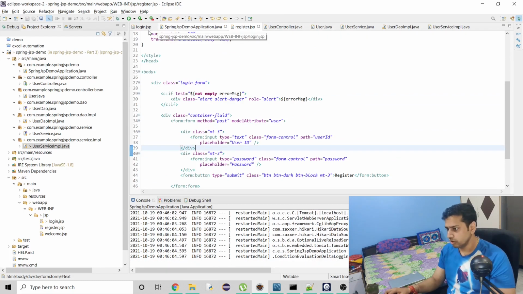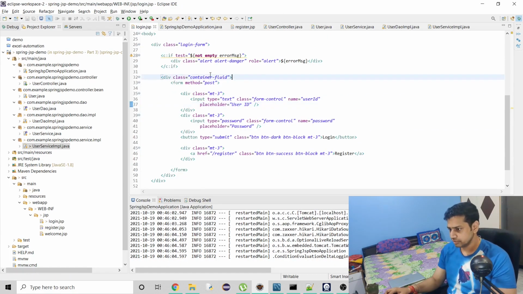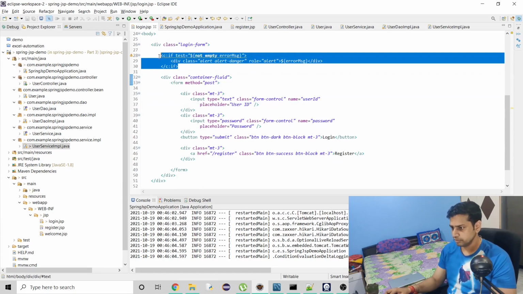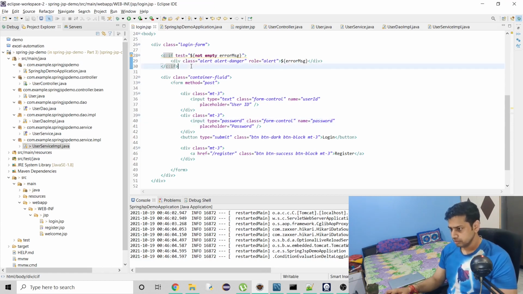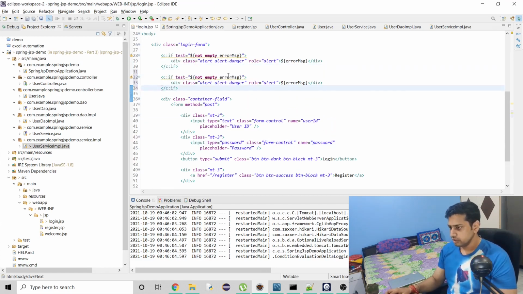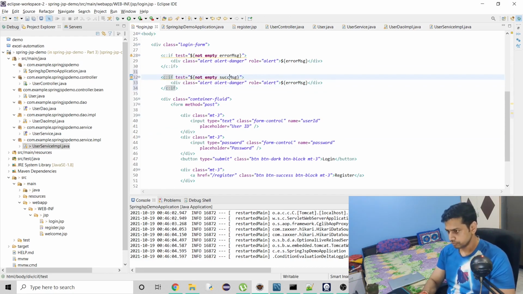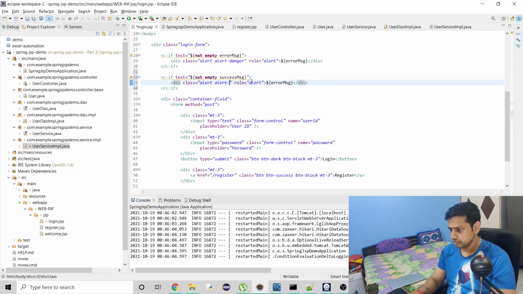Now for login we have to have a success message also, so we will just copy this and we will wait for Eclipse to not hang a bit. Okay, thank you. So here we have a success message, and it should not be danger, it should be success.